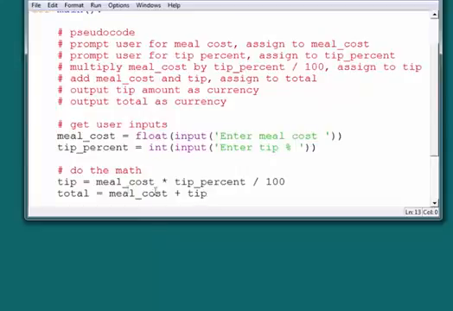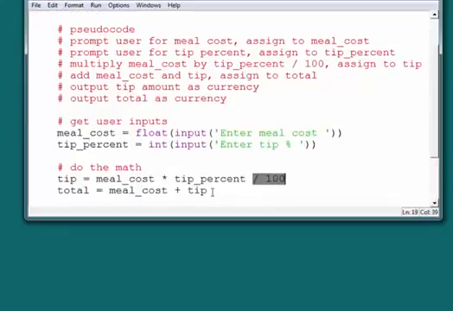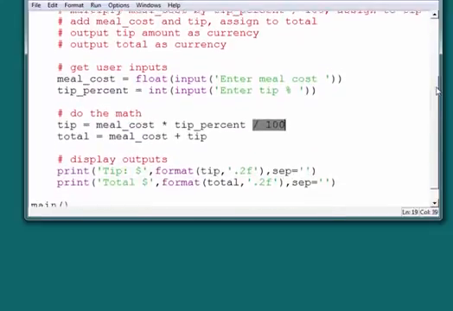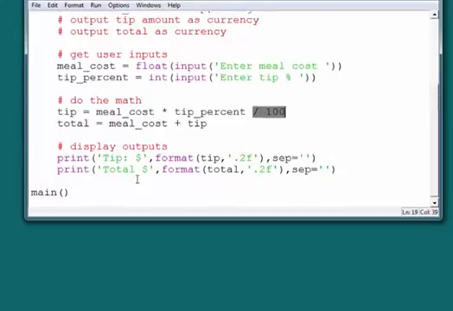We'll calculate the tip by multiplying the cost of the meal by the tip percent, remembering to divide by 100 to convert that percent into a decimal. And then we'll add those 2 together to get the total cost of the meal. And then finally, we'll generate the output that we want, which is 2 print statements required, and we'll output the tip. And then we'll use the format function to format it with 2 decimal places, which of course makes it look like currency. We'll also put the $ right here before the closing